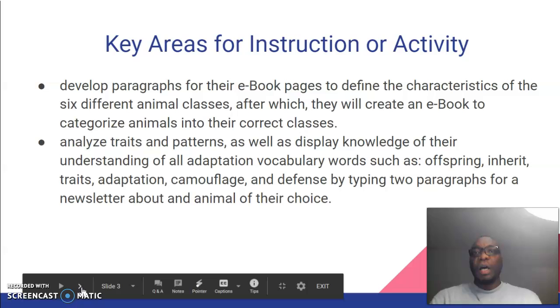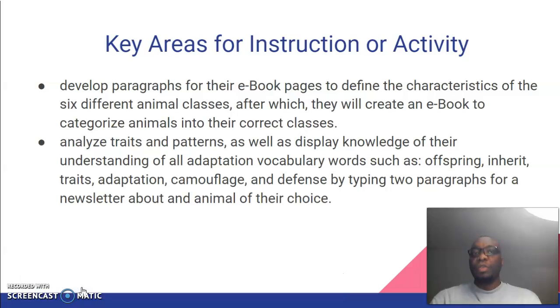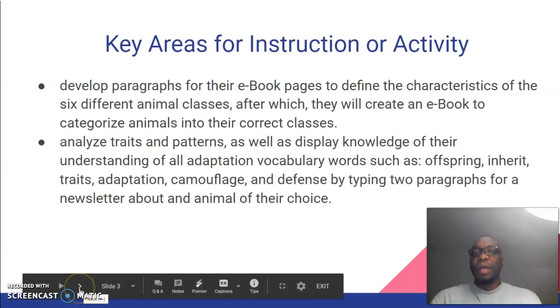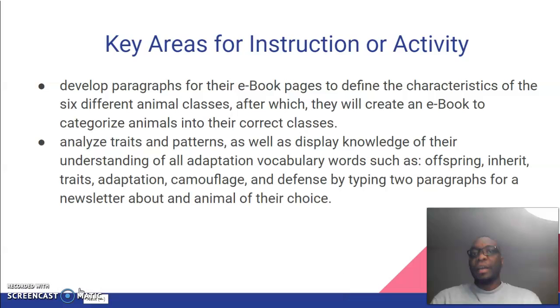Now, the key areas of instruction where the students were basically to develop paragraphs for their ebook pages to define the characteristics of the six different animals, and then after that they would create an ebook to categorize the animals into their correct classes, and then also they were required rather to analyze traits and